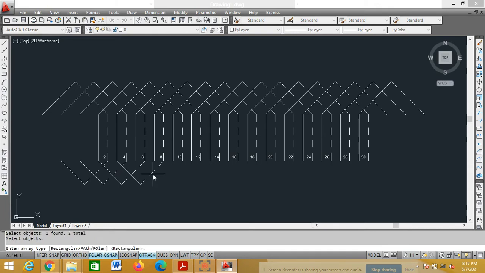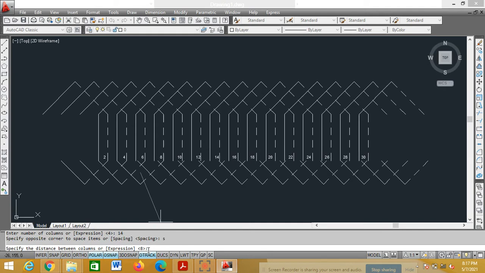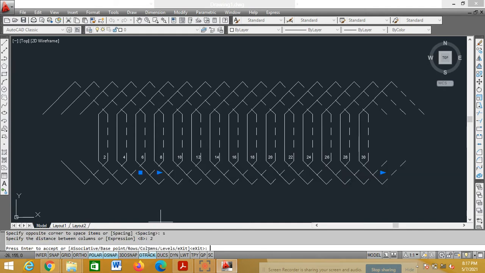Press enter. Type of the array is rectangular. R enter. Count C enter. Number of rows 1 enter. Number of columns 14 enter. For spacing S enter. Distance is 2 enter. These are the connections how I am getting here.